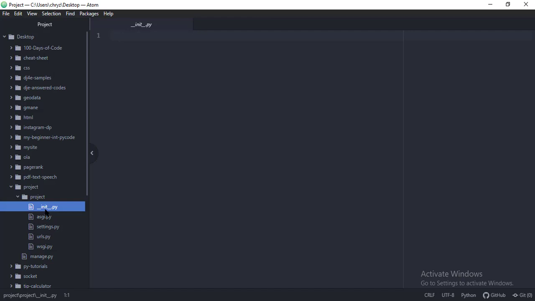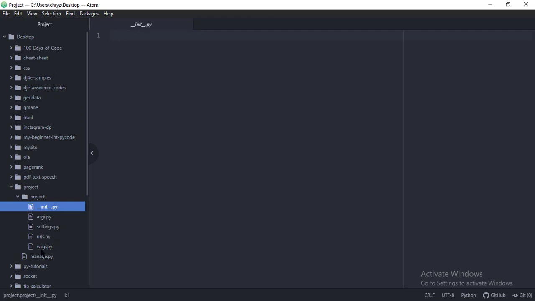This is not necessary as before because Django and Python have made their latest versions, so without this you can run it. But there was a time that you must use this file. We're going to be leaving it like this because Django gave it to us, and we don't want to spoil things. So this is asgi.py